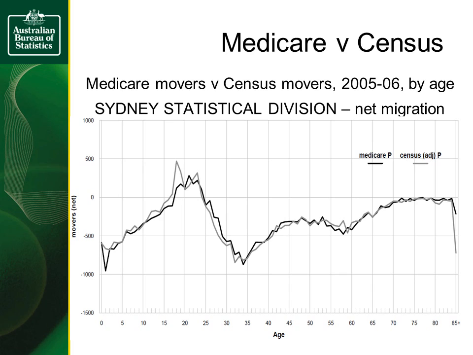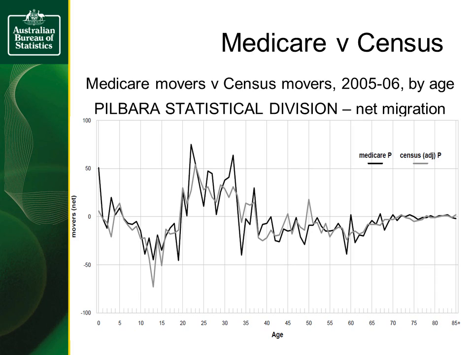A quick comparison of some age-specific Medicare-based data with census migration data also reveals a reasonably good match. The following two slides plot Medicare-based migration data, the black line, with census-based migration, the grey line. And Western Australia's Pilbara Statistical Division, for example, further indicates that the Medicare data appears to be of good quality. In other words, the converted Medicare data is close